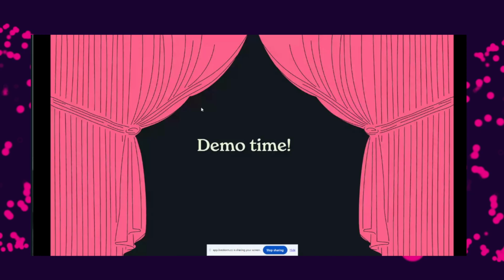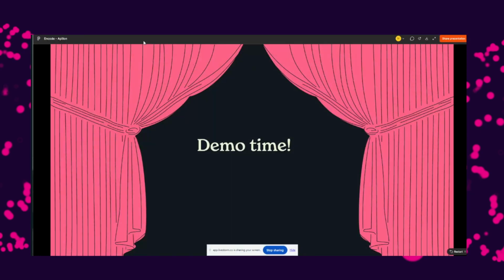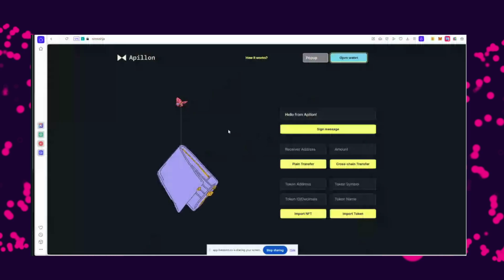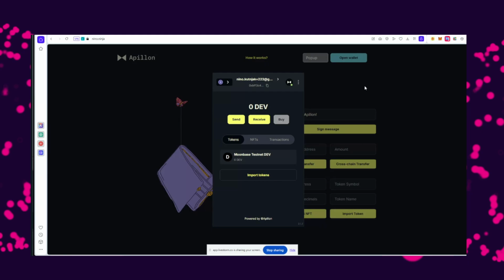So how does this look like? Let me just find a way to showcase this. So essentially what you will get by installing this code is an experience like this. So now the wallet here is already created and it works. But if we were to go through the whole flow, I don't think we have the time right now.